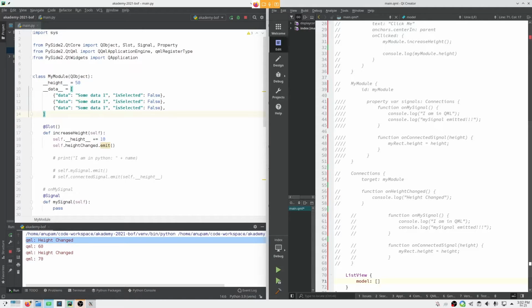If you pass a JavaScript object to the model property, it will iterate over the object keys. You can also pass list models. List models are QML types which store iterable data that you can iterate through to create more UI elements. For now, I will show an example with JavaScript objects.